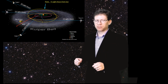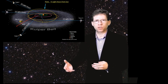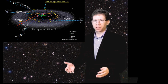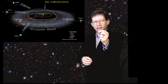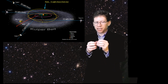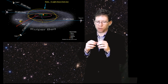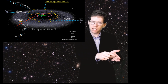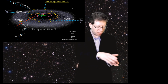And what I'd like to do is create a model that allows us to appreciate how far away the nearest stars are, how large our galaxy is, and then where other galaxies are. I'm going to use something common like a penny to do that. So with this penny, I'd like to squish our entire solar system, 1 light day across, into the size of something 1 centimeter or so across. A penny is a little more than a centimeter in size, but imagine this is about right. So you would have the sun at the center here with the Earth, all the planets, everything you know and love orbiting about this penny area